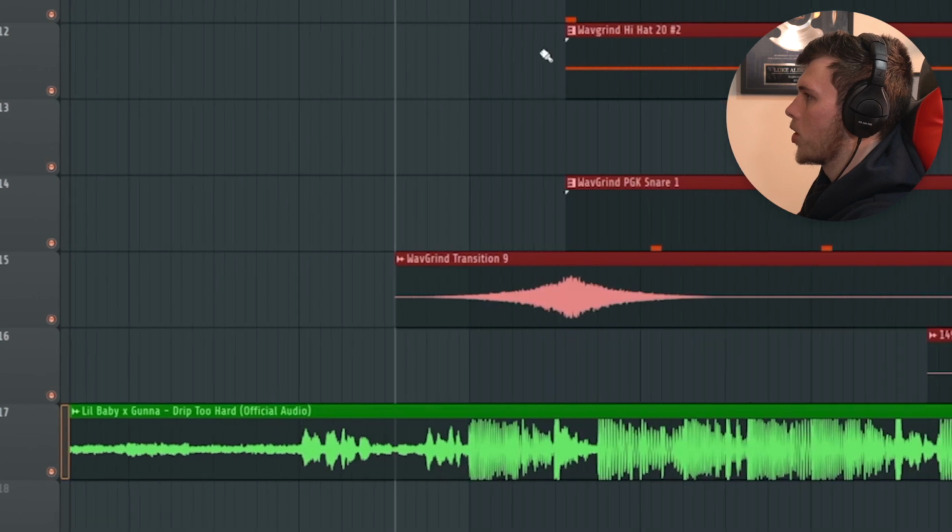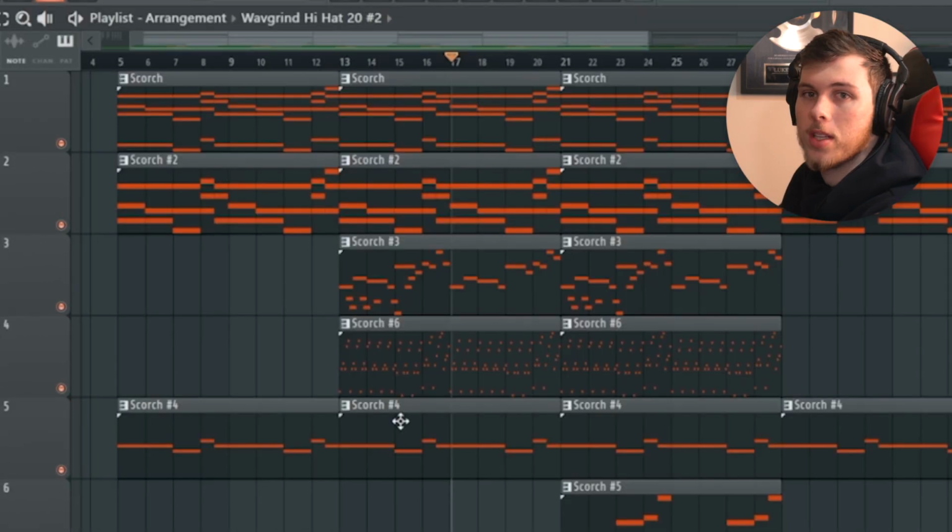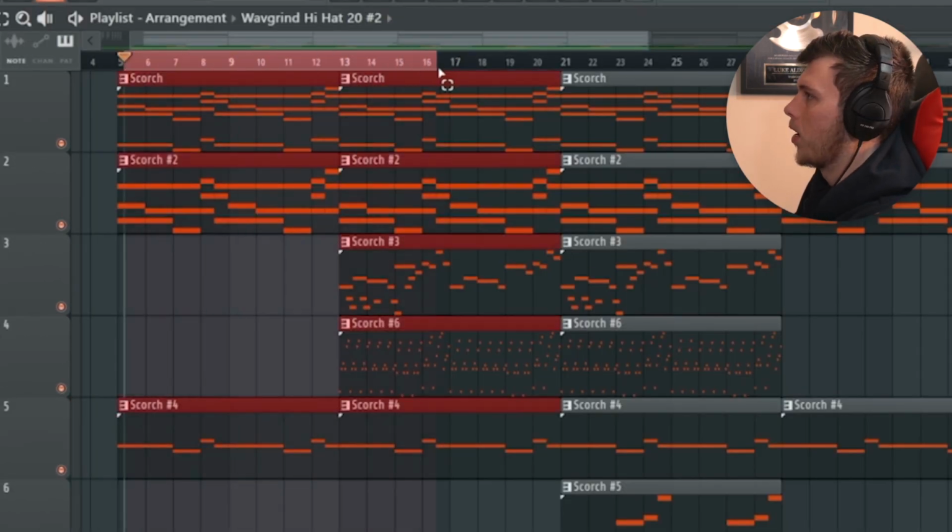And now you can go and have a look at the arrangement of your track side by side with whichever track you want to be inspired by. So I'm going to line the intro up here so the beat comes in at the same time. As you can see, this is a 12-bar verse because it goes from 5 all the way up to 17